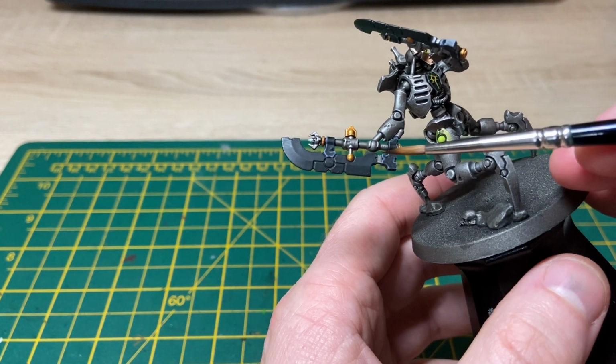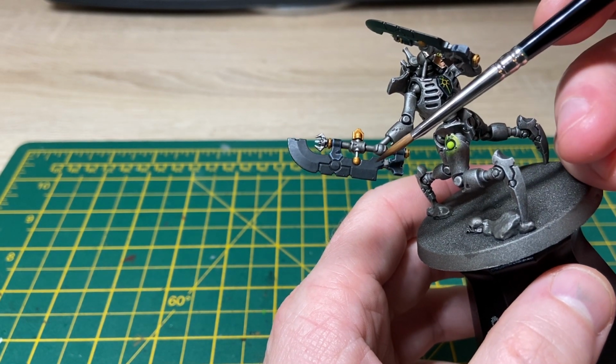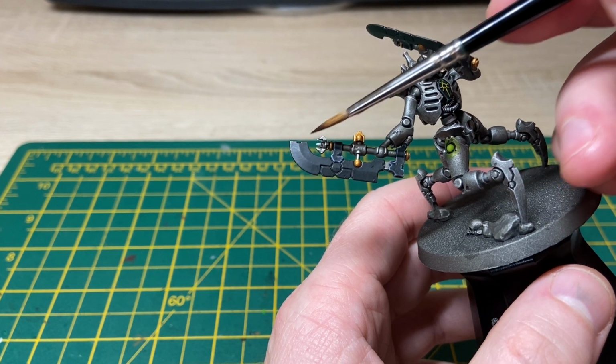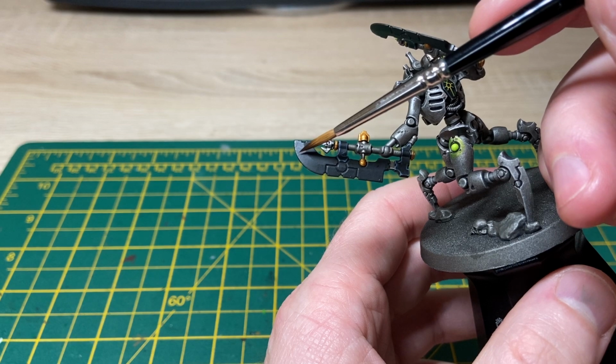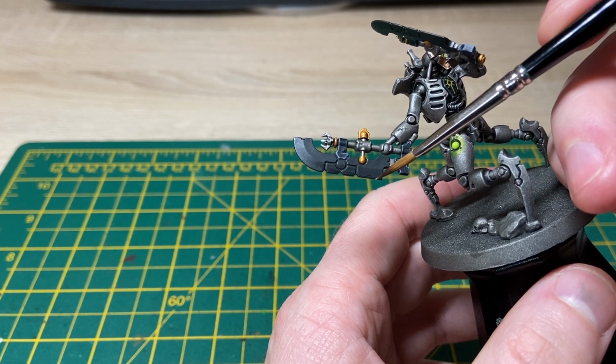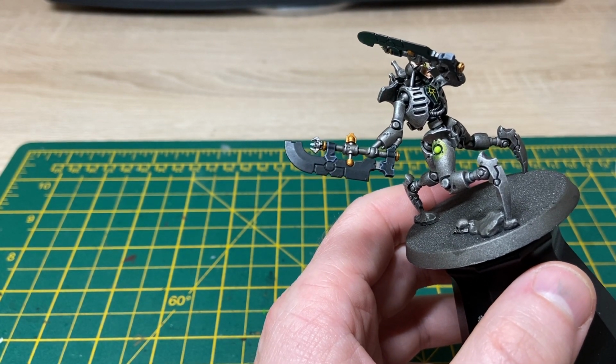So what I'm going to do is this top bit, I'm going to have it darker down here, gradually getting lighter as it goes up this way. And then on this bottom bit, I'm going to have it darker in this corner, gradually getting lighter as we drag it back this way. So let me just prep my brush,